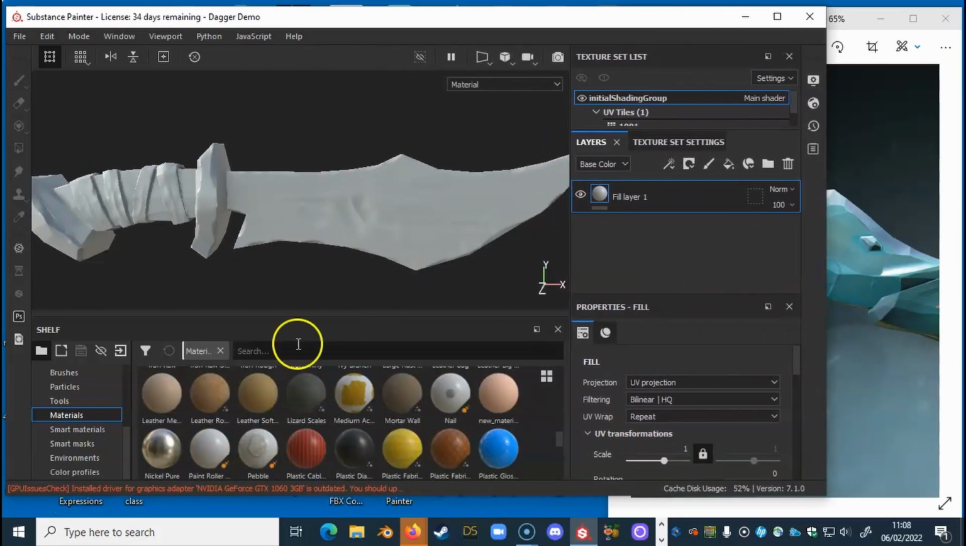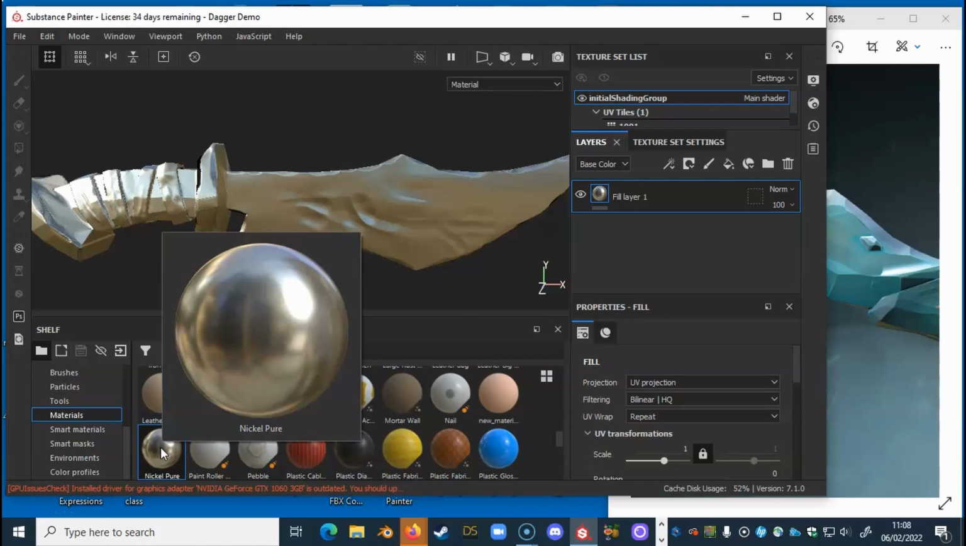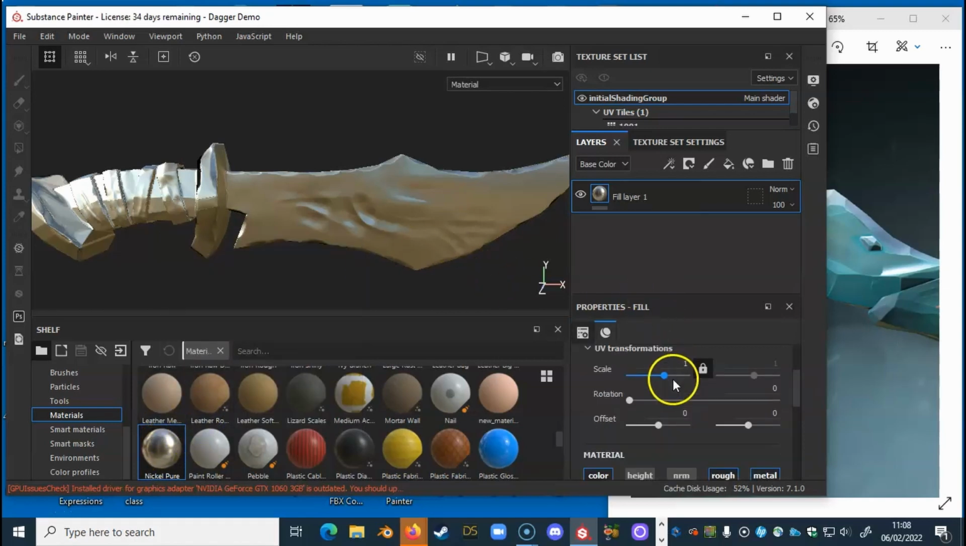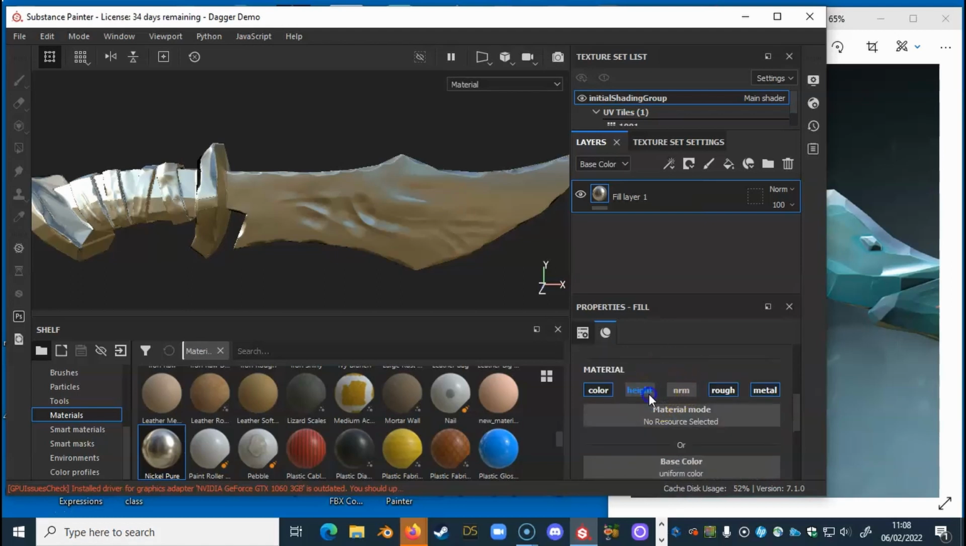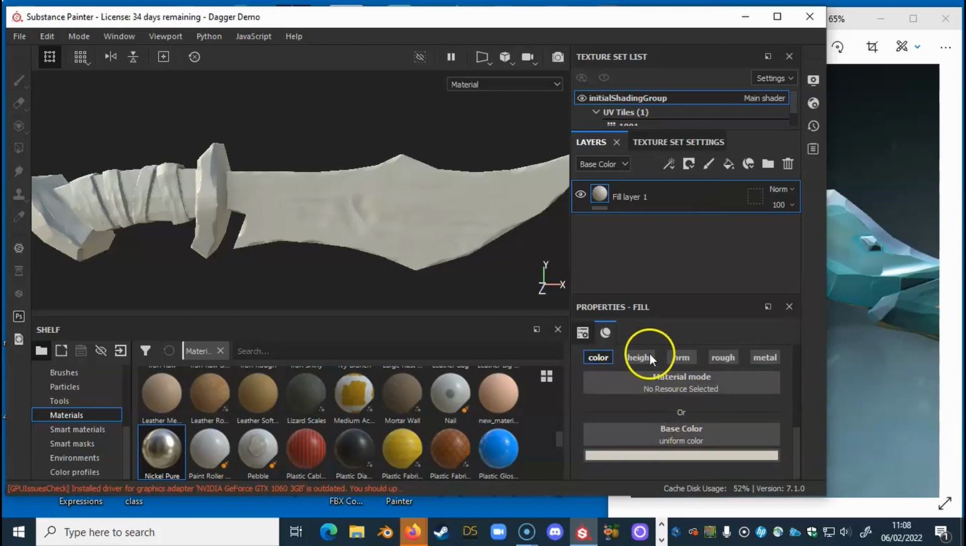So I'm going to choose one of these materials. It doesn't really matter which one we choose. It's mainly just to get the effect that we want. So I've chosen something like that. That's fine. You can play around with the parameters. So for example, let me turn the height off, and the normals off, and even the roughness off, but we'll change the base